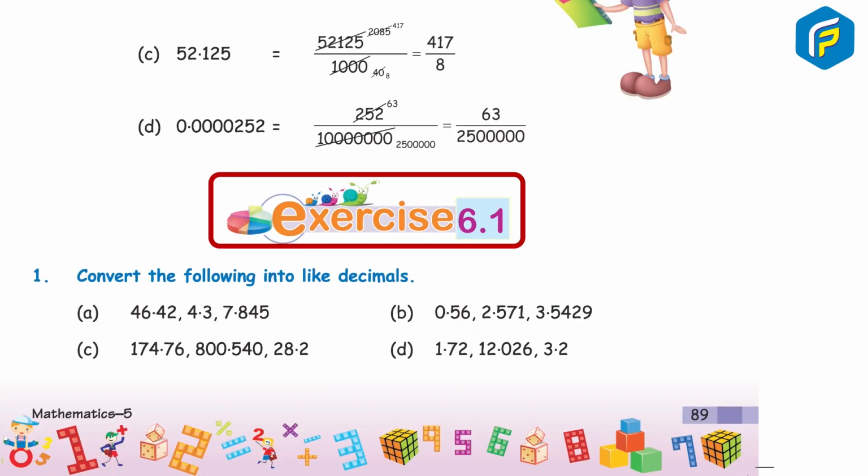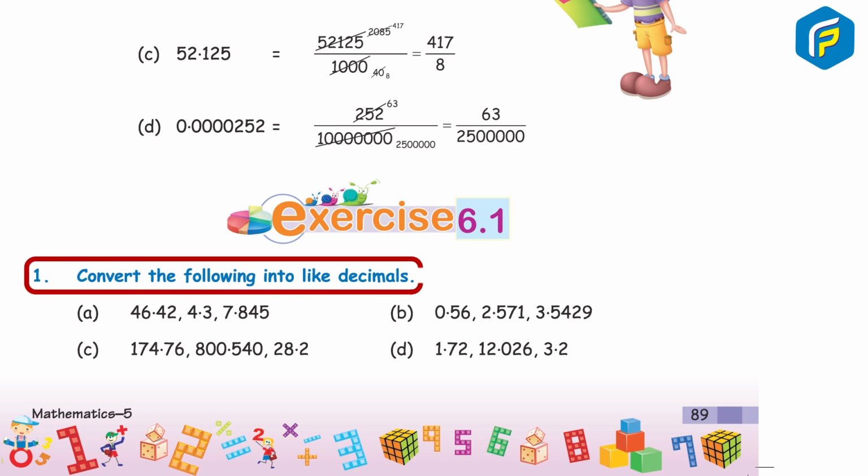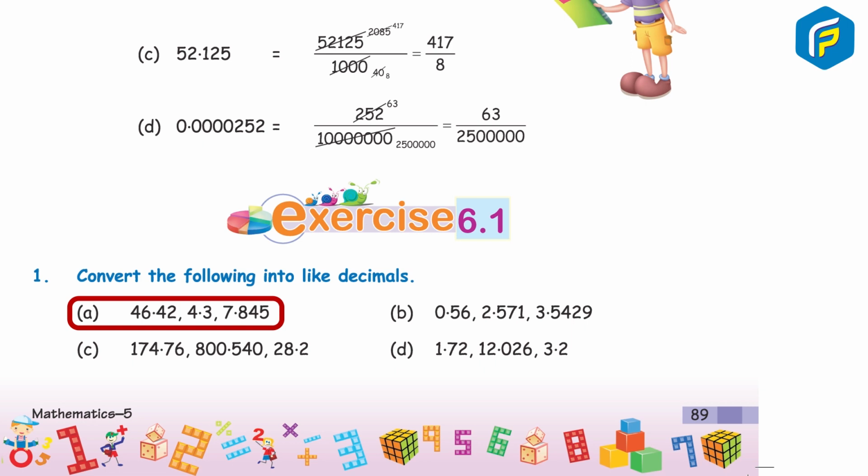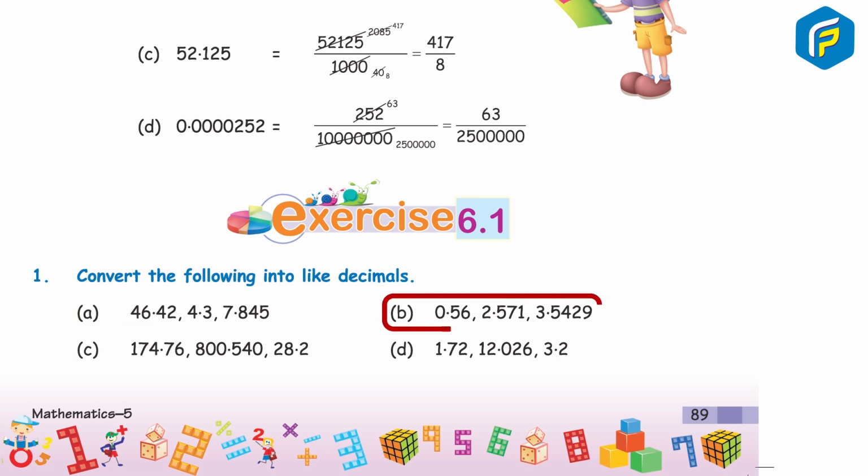Exercise 6.1. Question 1. Convert the following into like decimals. A: 46.42, 4.3, 7.845. B: 0.56, 2.571, 3.5429. C: